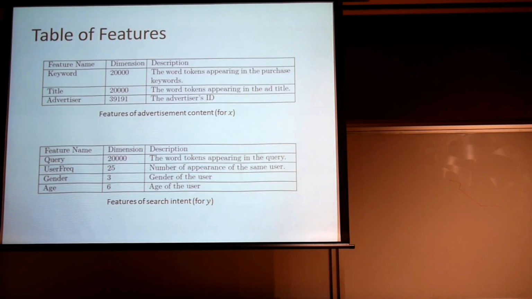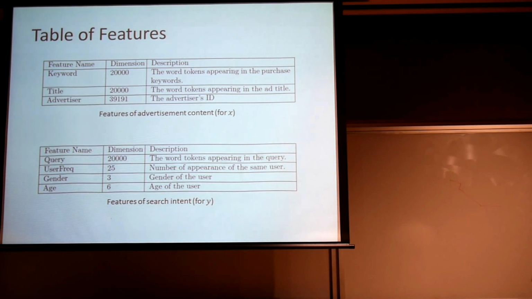Now let's ask Yuchen to introduce more details on the experiment. Thanks, Zhongying. Let's return to the practical implementation of the algorithm. To achieve good performance, the selection of features is almost as important as the selection of the model. So I'm going to report briefly the table of features we used for our model.